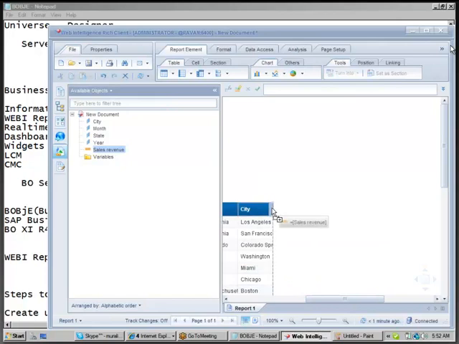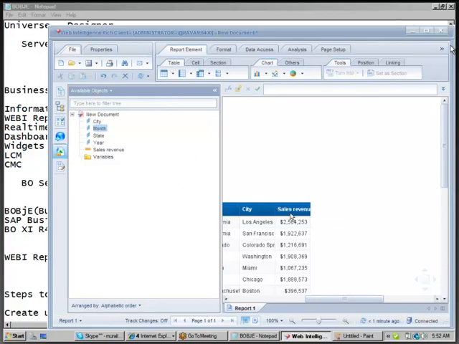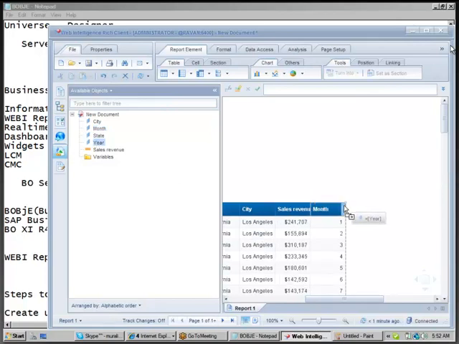If you want a month, you can drag and drop month. If you want a year, just drag and drop year.